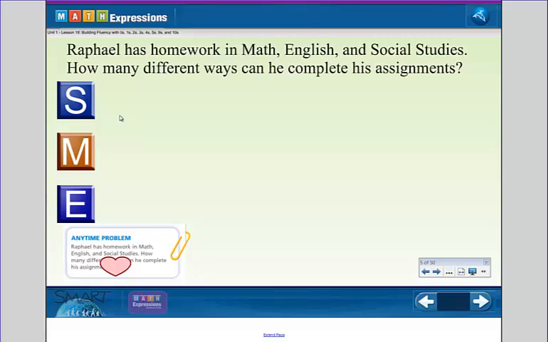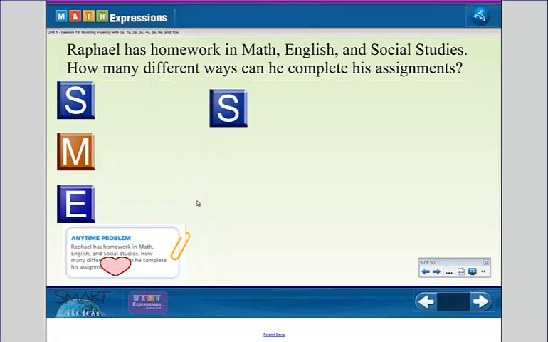Raphael has homework in math, English, and social studies. How many different ways can he complete his assignment? I made an S cube for social studies, an M cube for math, and an E for English. This will be one of your first problems. I'd like you to do this on your own, but I'm going to help you do it by showing you some of the patterns. I'm going to grab the S first,